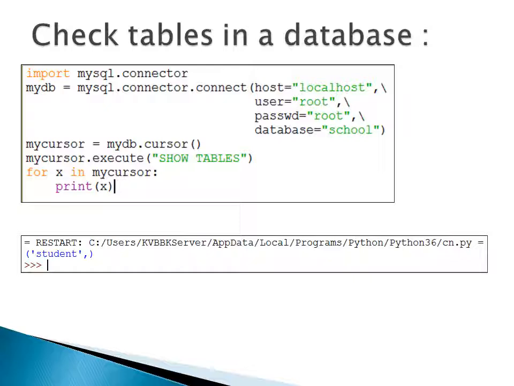And now we will get record set. After this line we will get record set which contains names of all tables in school database. And now we will fetch names of tables from this record set, and we will write a for loop. My cursor contains the whole record set, and with the help of x we will fetch one record at a time, and we will type print x.